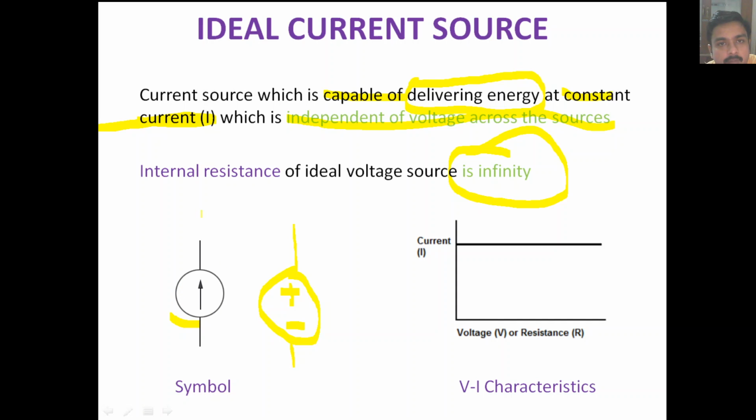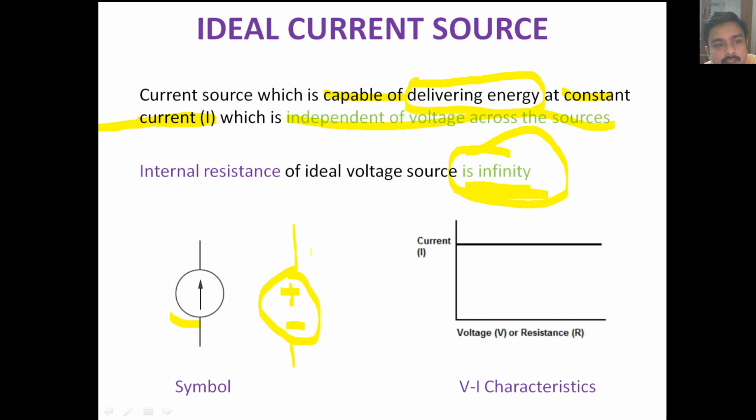Since we are talking of independent sources, it is a must convention that we always choose the shape of the power source to be circular, and the arrow will point towards the direction of the current through the source. And we don't make any resistance either in series or in parallel with the current source, because it is assumed to be infinity. So by convention we choose it to be infinity, and that is why for an ideal current source we never mention any